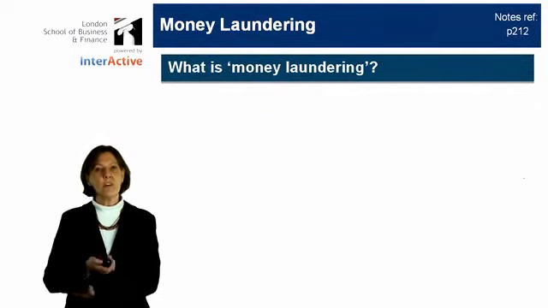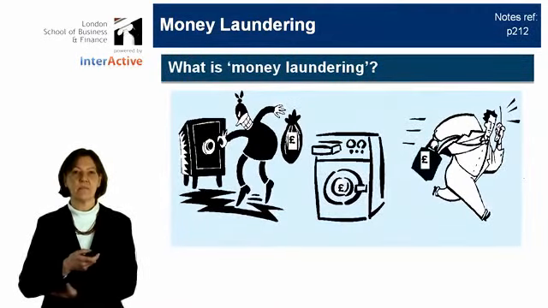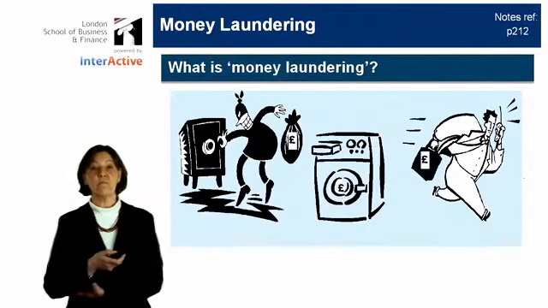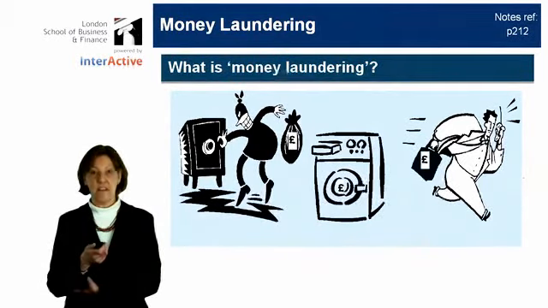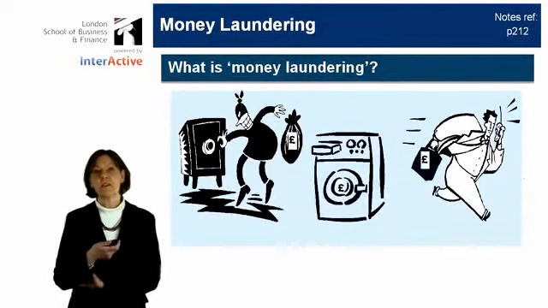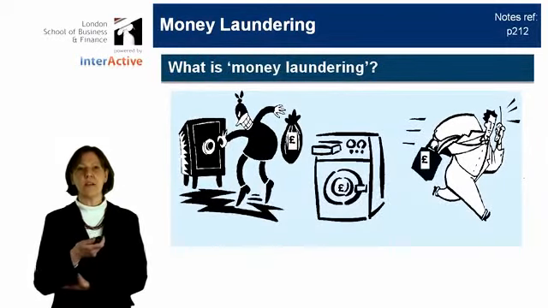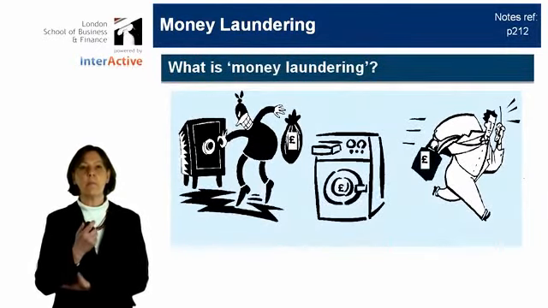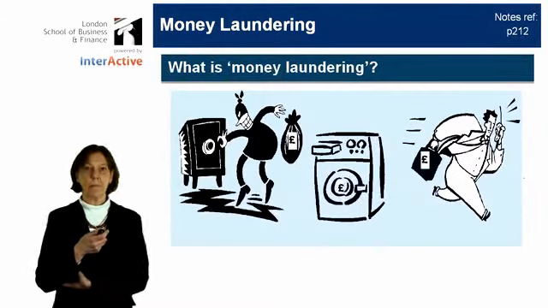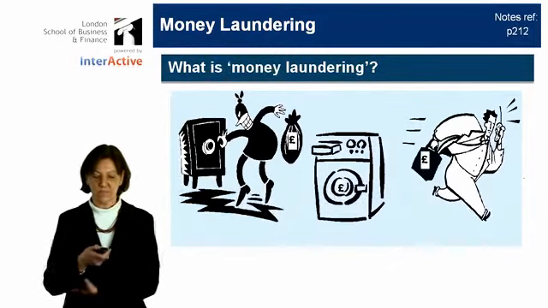So what is money laundering? Well, I'm sure we all have a general idea. It's by which the proceeds of crime, dirty money, is washed clean, so it appears to come not from crime. That's what we're talking about. The examiner, though, comments on students' answers that they are really rather vague about what is money laundering, and we need to be, in fact, much more precise. So let's see exactly what the Proceeds of Crime Act says.